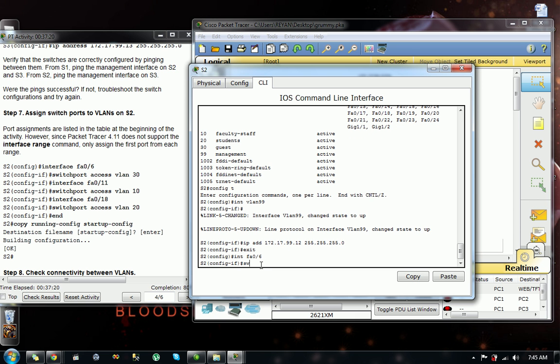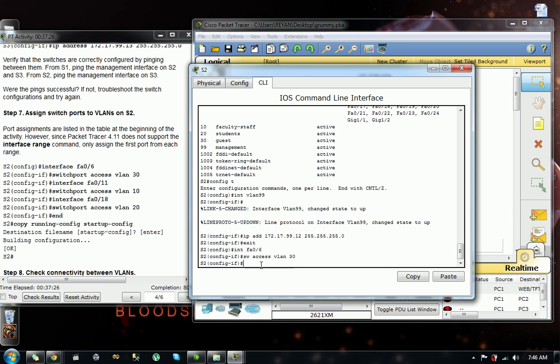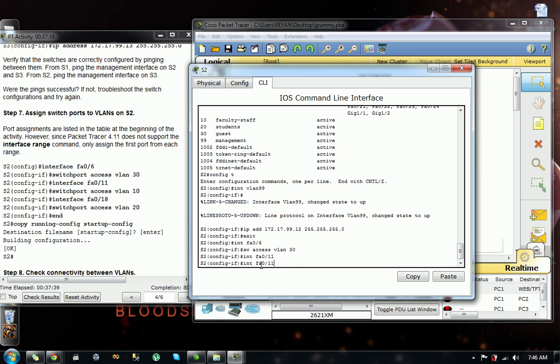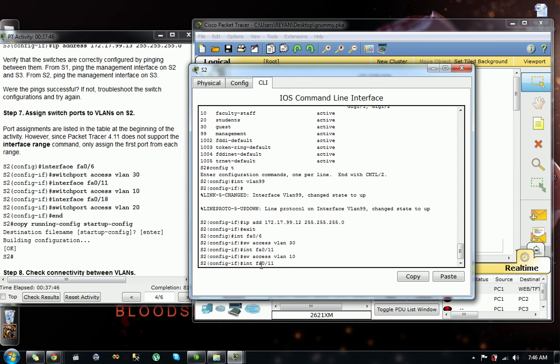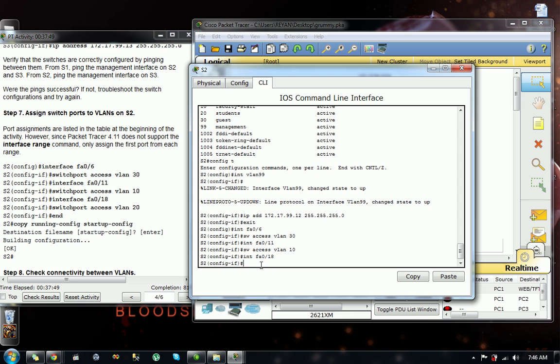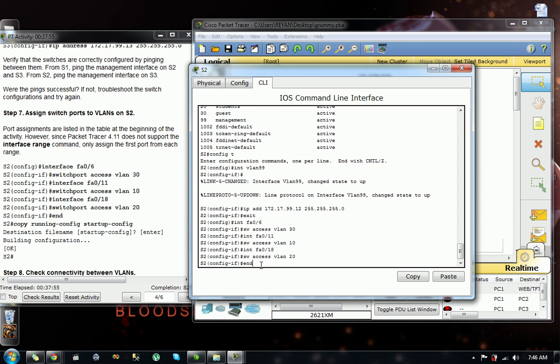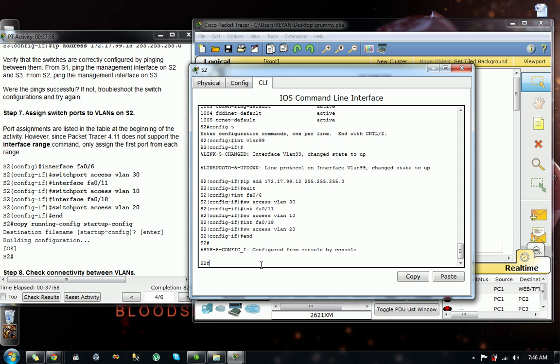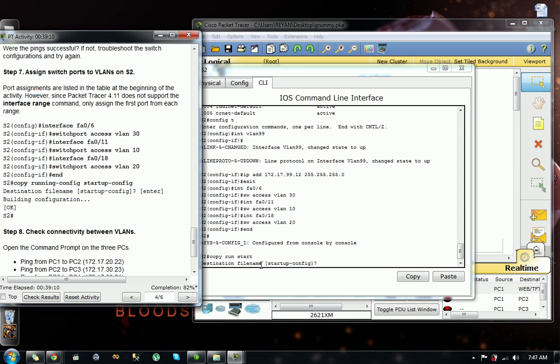Then SW access VLAN 30 and enter, and then we use the arrow up key for shortcut, and then we will edit the interface FA 0/6 to FA 0/11 and then enter, then arrow up key again and then make it VLAN 10, then enter, arrow up key and make it 18, enter, arrow up key, make it 20, enter, and then the word end, and another enter, copy run start. Then we will minimize switch 2,